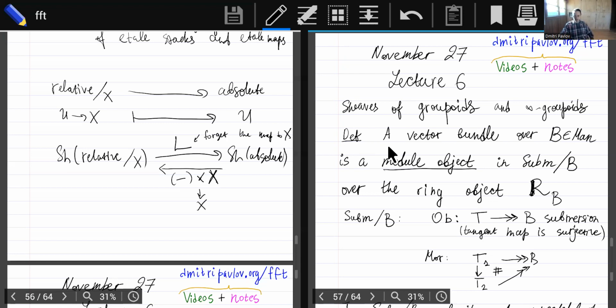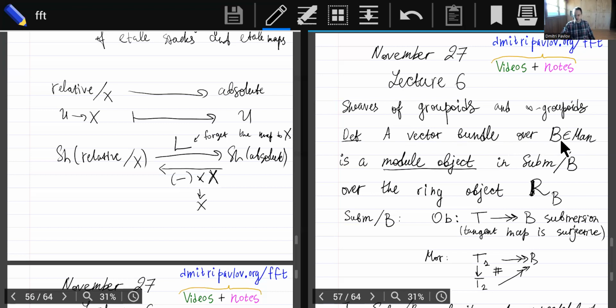So let me first briefly recall what a vector bundle is. And the definition I chose to review here may not be phrased in the most familiar way, but in fact it's pretty much exactly the same as what you may have encountered in your traditional differential geometry class. So let's say B is a smooth manifold,